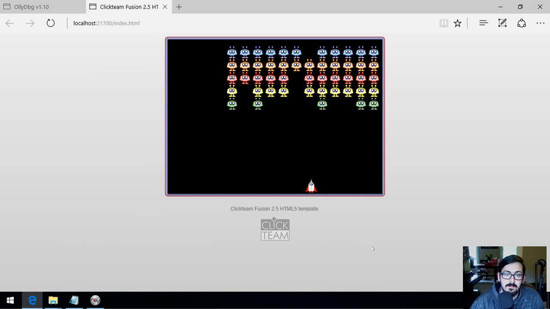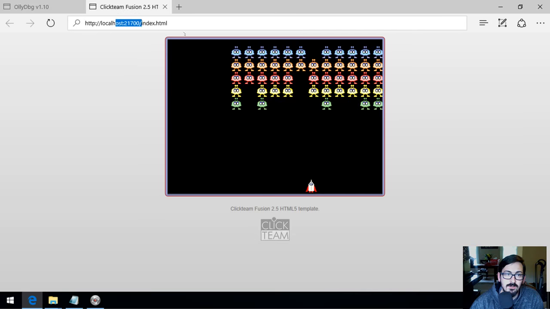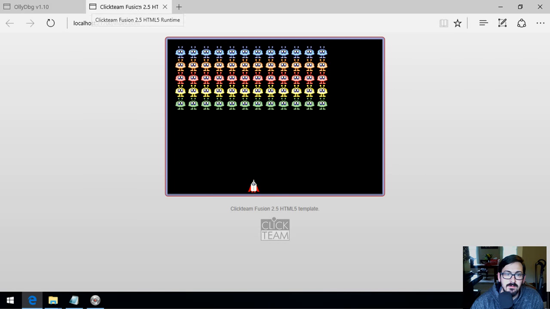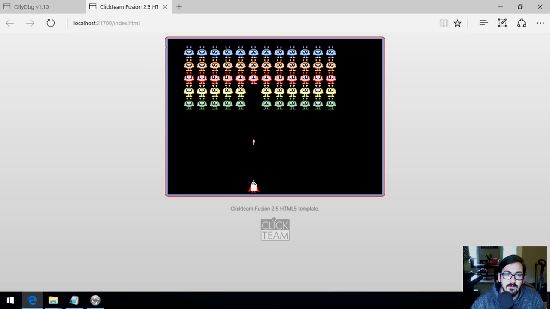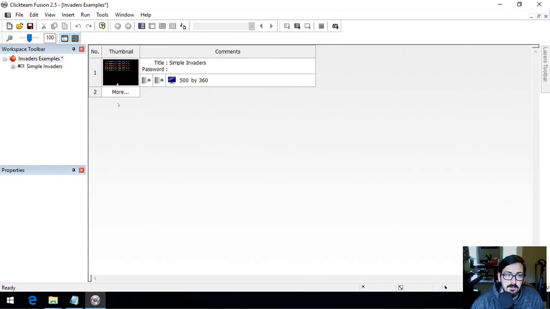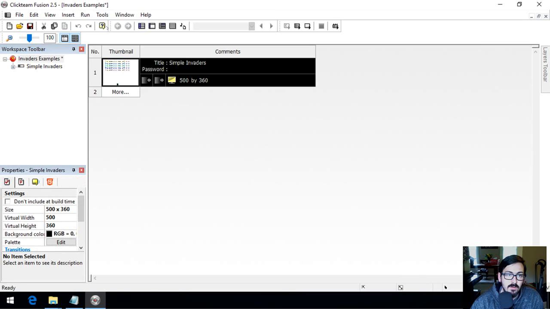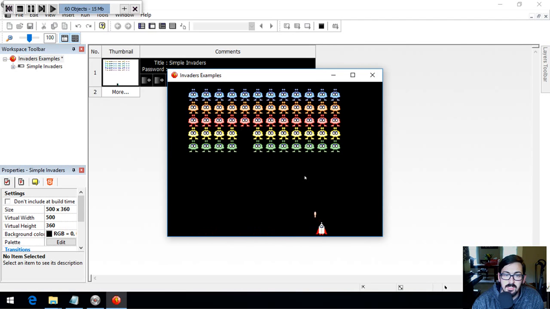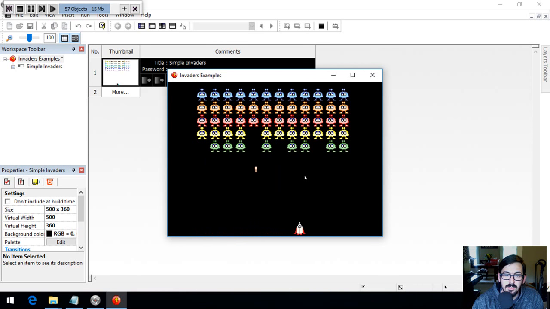That's pretty cool. It even hosts you a little web server and everything. ClickTeam Fusion, ClickTeam.com. Alright, well that's cool. HTML5. Of course, you can just run it. Internal interpreter here,